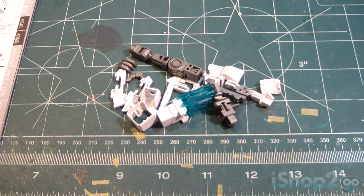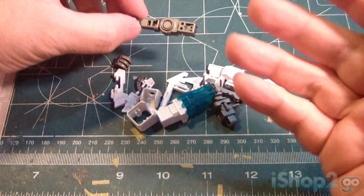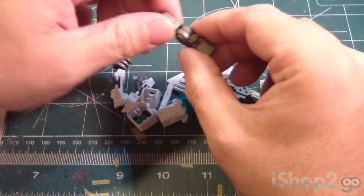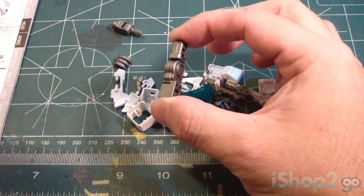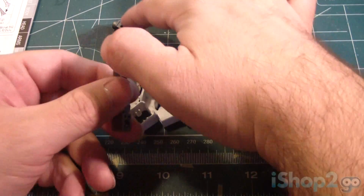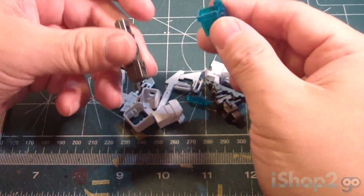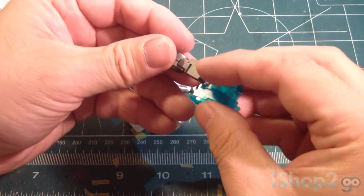So now we're going to work on the arms of this kit. And like I did in the last parts of it, I'm going to let it drag on as I did before, considering there's a lot more parts and a lot of things here that you have to be very careful of. I've already pre-prepared the arms previously, so I'm just removing this part first. And then I will make my way to get this one, which I will put it...